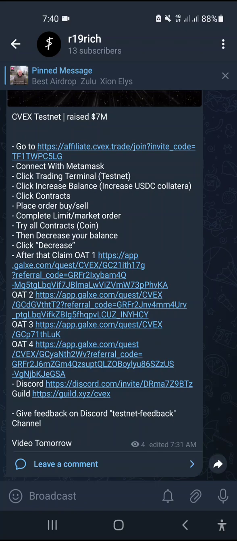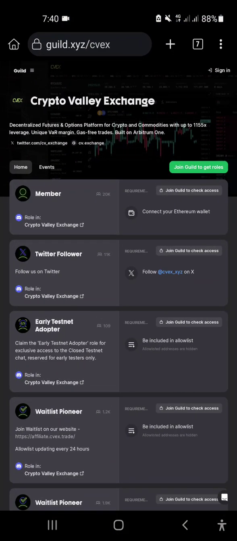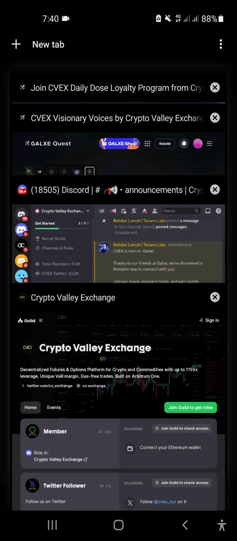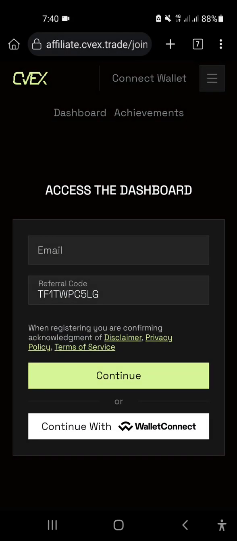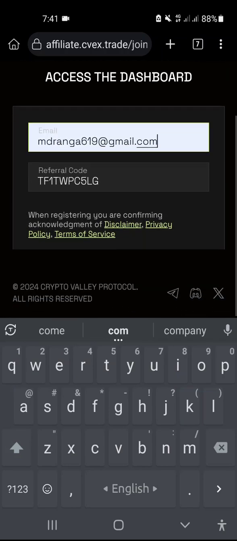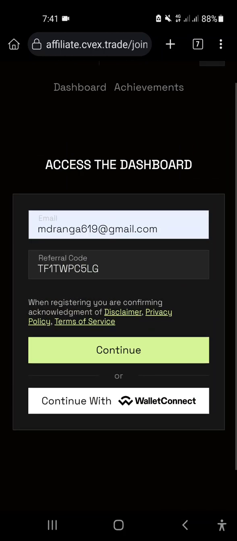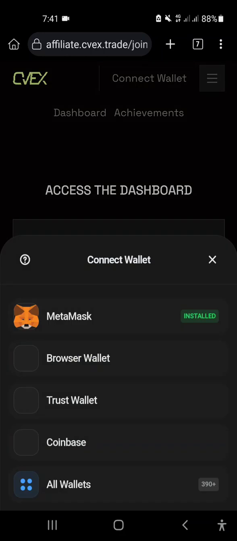The first thing is testing their website, using their website. So for this particular task, click on that link, and that link will bring you to exactly this feature I'm showing you here. Click and put your email here. I would definitely suggest you put your own, click on the back button, continue, or you can click continue with WalletConnect.